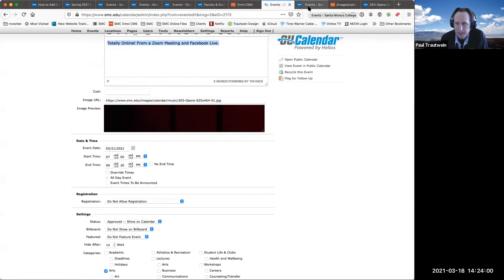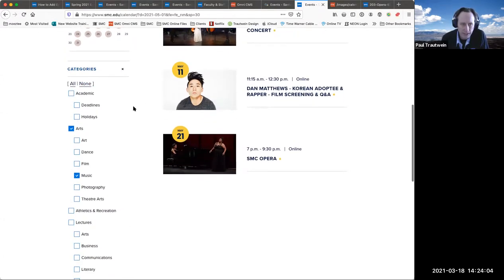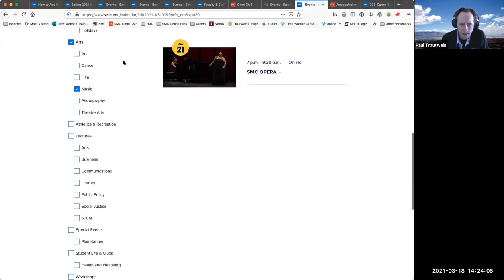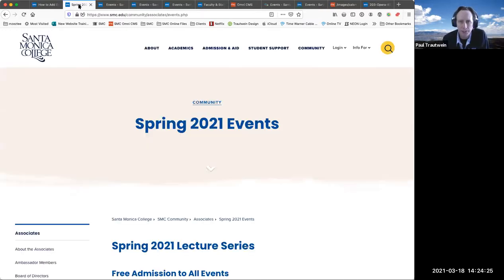So that's how we would make a calendar event. And again, if your events fit one of these categories, then we can definitely add an event for you. If it doesn't, we have other options for placing your events online that don't involve the calendar, or that may involve the calendar, but you might want to organize them a little differently for your specific page. And for that, I'm going to show you the